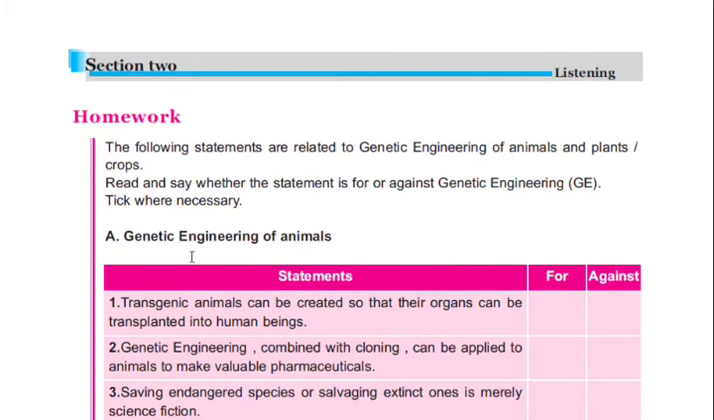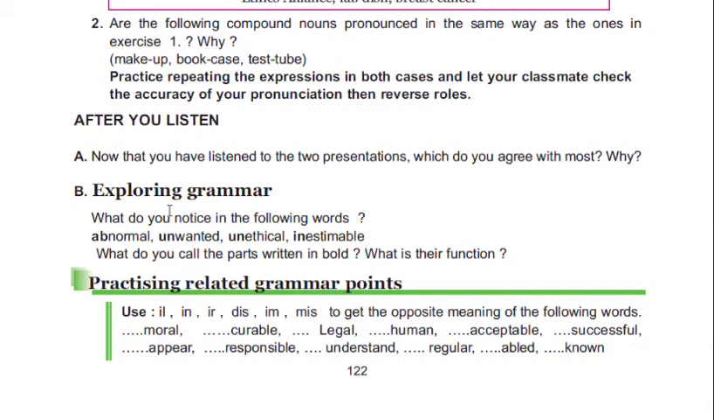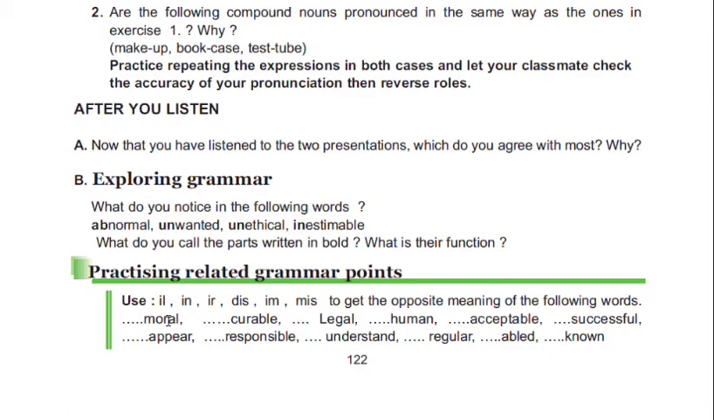Here we're going to see prefixes. Prefixes are used to give the opposite meaning of the words that follow them, as in abnormal, which is the opposite of normal, unwanted, the opposite of wanted, unethical, inestimable, etc. These are just examples. We're going to see the rest. Moral, the opposite is immoral, incurable, illegal, inhuman,